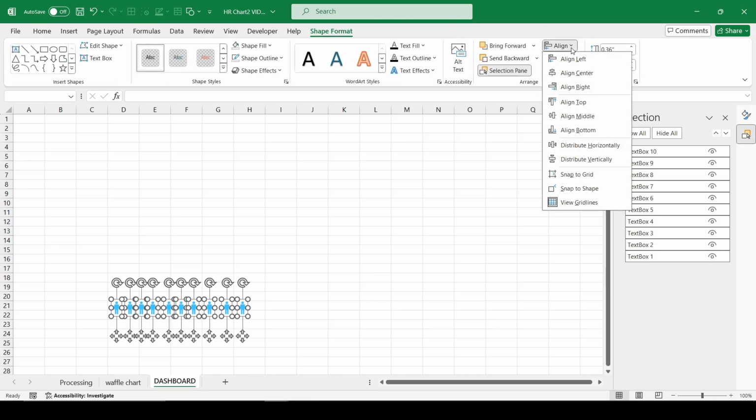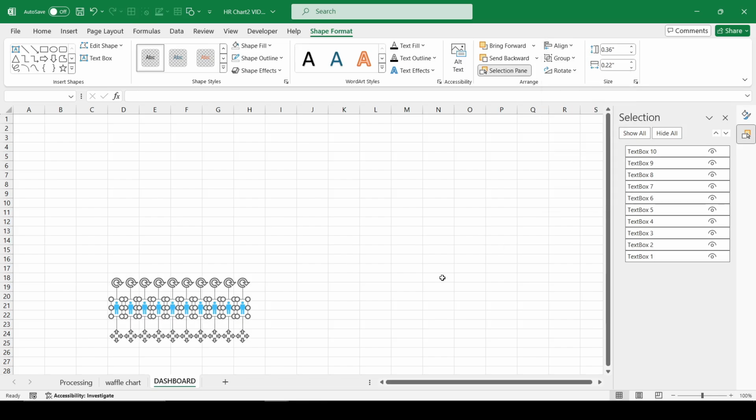Arrange an army of 100 text box copies in a rectangle of 10 by 10.